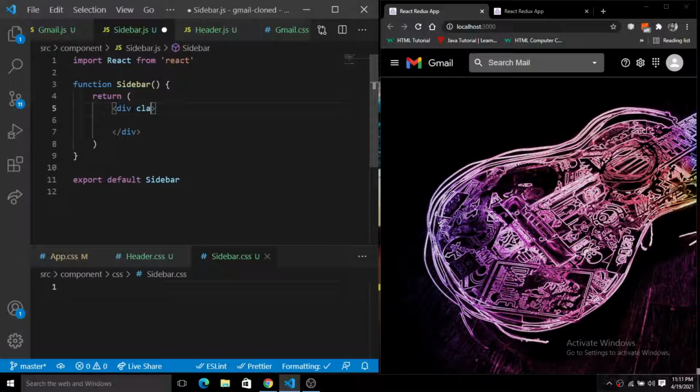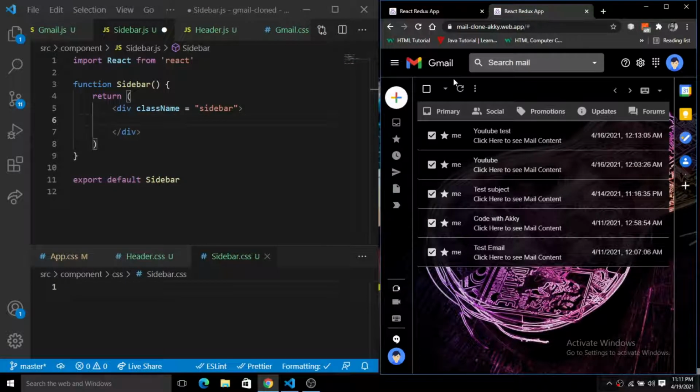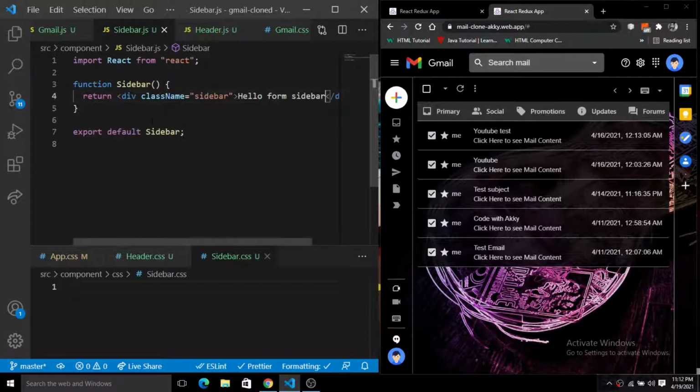Okay, so basically we have a sidebar and we have these icons and everything here, as you guys can see. But one more thing, to render this sidebar, how will we render this? For testing purposes, we'll simply add a hard-coded text, hello from sidebar. Now save this, but it will not be showing there because we have to simply call this.